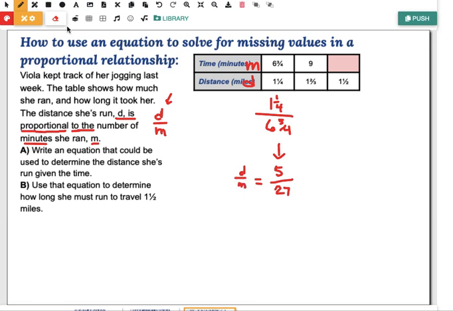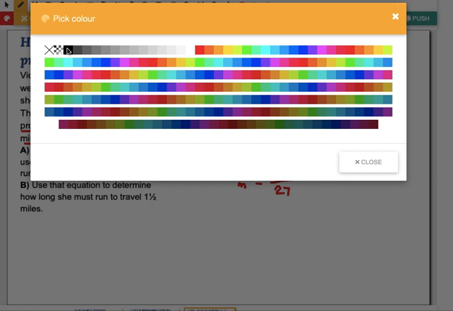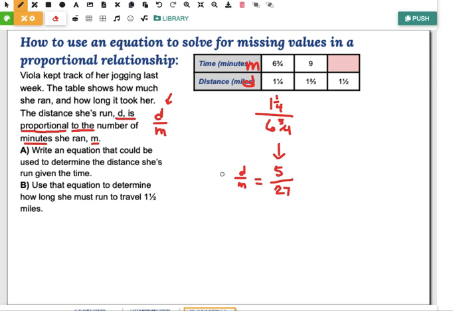Okay, so I want to get an equation from this, so I know that I'm going to do the following. I'm going to multiply this by M so I can eliminate that denominator over there, and I'm going to multiply this by M. Once I do this, please note that I'm going to have M over M, which is 1, and then 1 times D is just D. So what I get from that is D equals